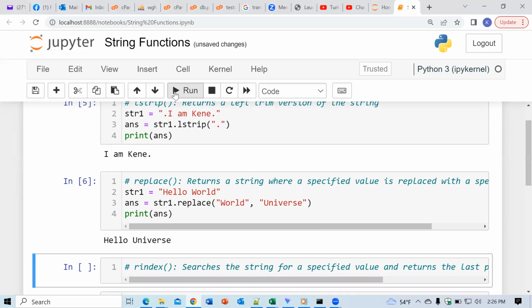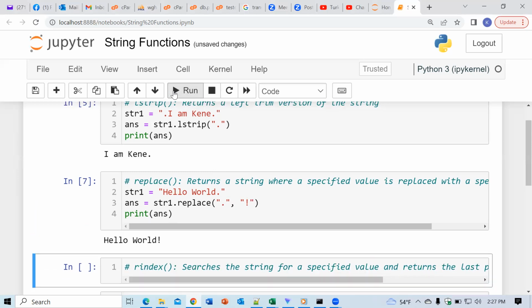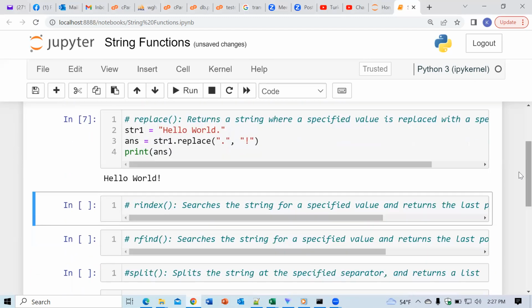Now you could also replace just a character. For example, let's say I have a dot at the end there. I want to replace the dot with an exclamation mark. So I will provide the dot as the first argument. And what do I want the replacement to be? An exclamation mark. So when I run, I see that instead of a dot, I have an exclamation mark. Okay, so the third